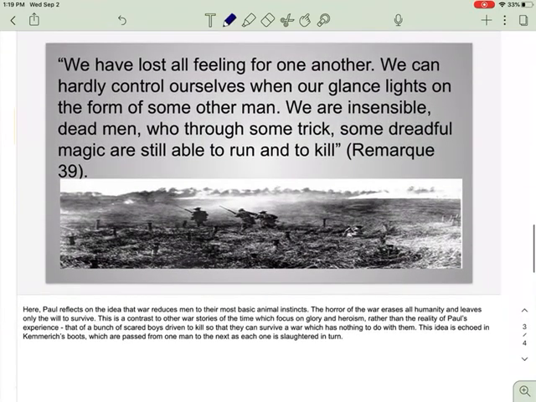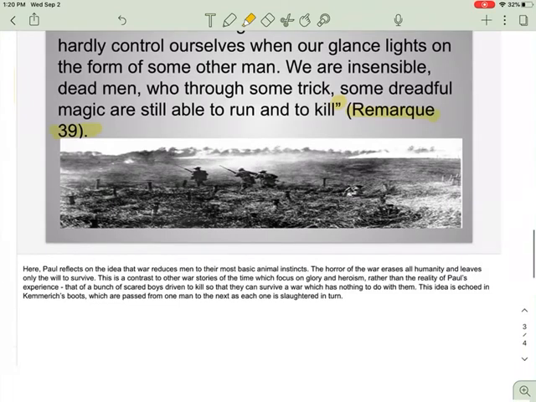My next slide. This is my direct quote. You'll notice I have my quotation marks, my proper MLA citation. Okay. We have lost all feeling for one another. We can hardly control ourselves when our glance lights on the form of some other man. We are insensible, dead men who, through some trick, some dreadful magic, are still able to run and kill. Now down here,